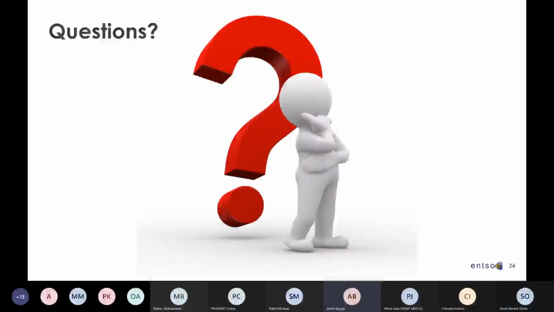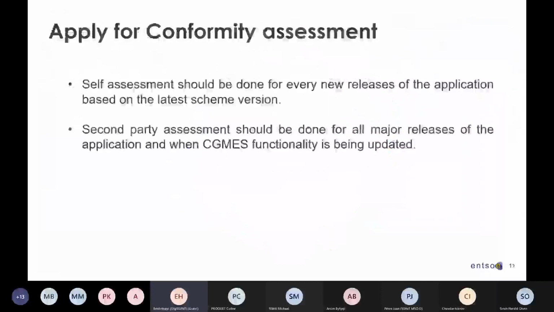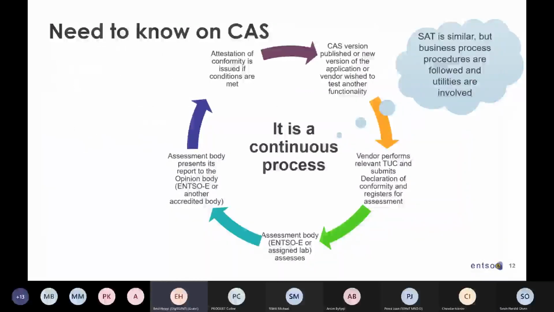Yeah, hello everyone. I would like to get back to the conformity assessment procedure. So you mentioned that this is an iterative process. So how do you imagine the whole process? I have a question particularly regarding the updates of the CAS. You mentioned that all the tools that already applied and maybe received the conformity for a particular CAS version might need to redo some test cases or maybe all the test cases in case the CAS is updated. So how do you imagine this whole process? I mean, what is the dynamics?